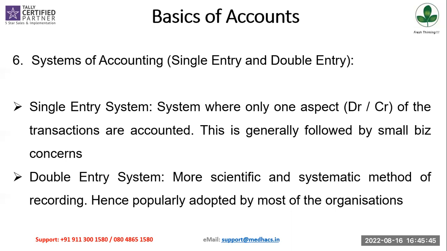Single entry system of accounting, very small businesses will follow. For example, those who are not even registered as a business. Down the line in our office, there is one shop that makes very good samosas and tea. Regularly we go to him. He need not maintain any hi-fi books of accounts. He knows exactly where he's spending and where he is making money. So he just maintains a single entry system in one small diary. That's sufficient. So these are the two different types of systems of accounting that you have.